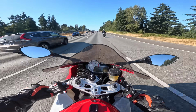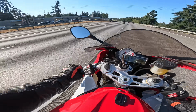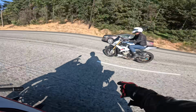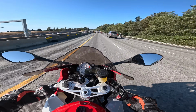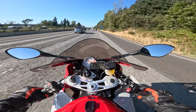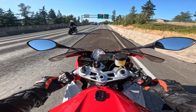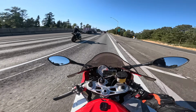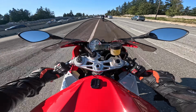Yeah. For once, he's not like way in the back, bro. This is so nice. Oh yeah, bro. Let's go, Rude. Let's go. God, this bike is smooth, man. I'm telling you. This generation, and this is completely stock. That's the crazy thing about this one. This caliper and master cylinder combo was...